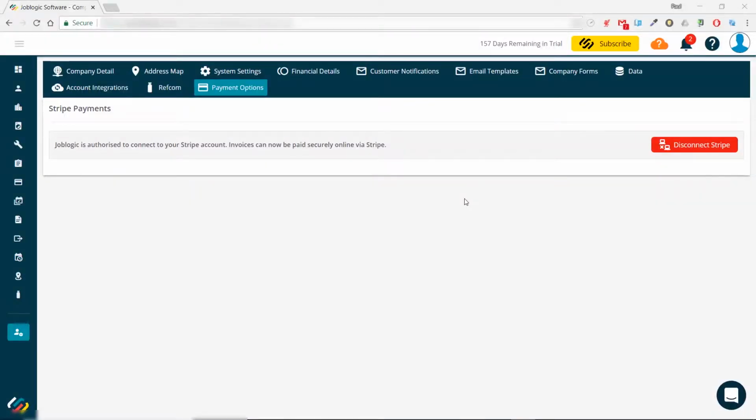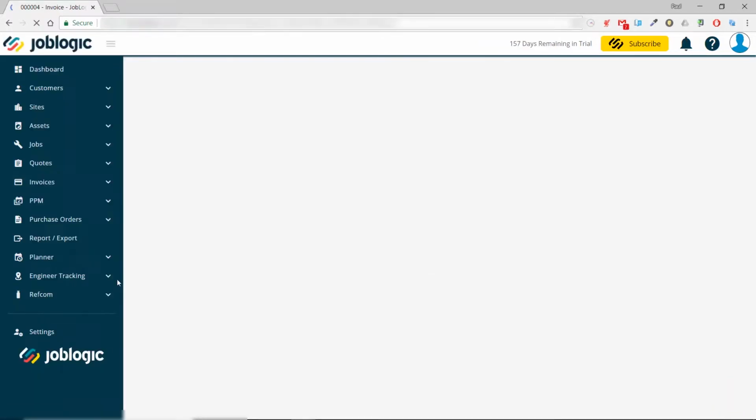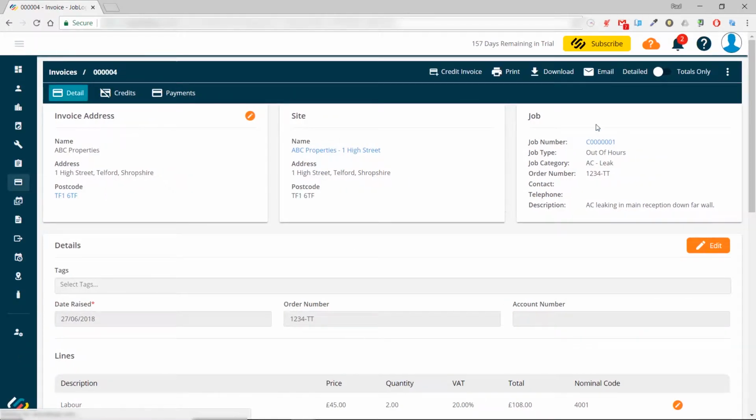So let's have a look at what you can send your customer to allow them to pay online. If we navigate to our invoice screen here and I go to all invoices, here I'll find my invoices that have been approved and obviously drafted, etc. I'm going to use this example dummy invoice here, number 4, and all I simply have to do is click